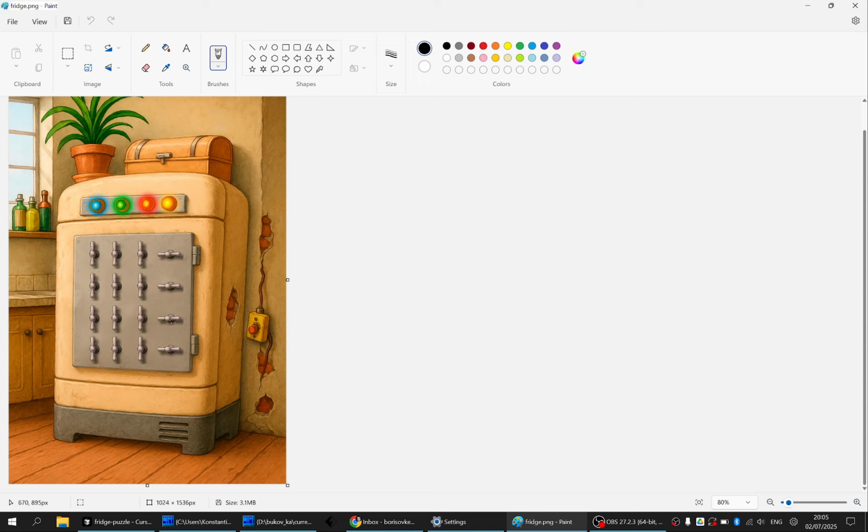This fridge puzzle, it was an old Microsoft DOS game where you rotate these handles on a fridge, and each time you click on a handle, the whole vertical and horizontal is rotated, and you need to put everything horizontal to open the fridge. That's basically it. I have already